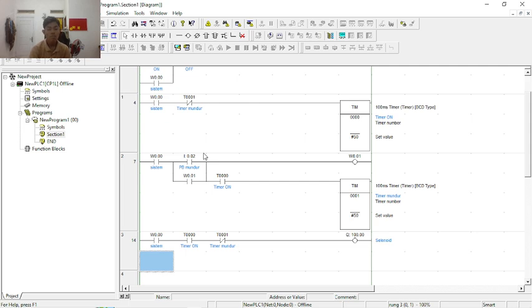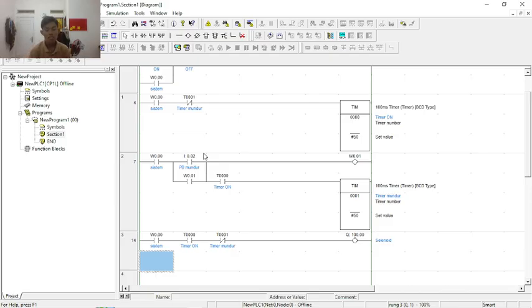In conveyor belts, off delay timers keep the conveyor running for a few seconds after a sensor detects a product, ensuring smooth transfer. And next, there are automatic doors. The doors may stay open for 5 seconds after the button is pressed, and then close automatically.